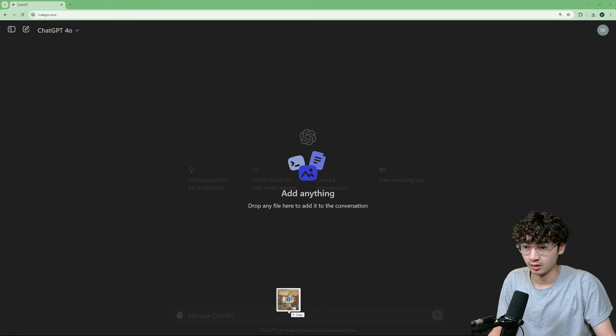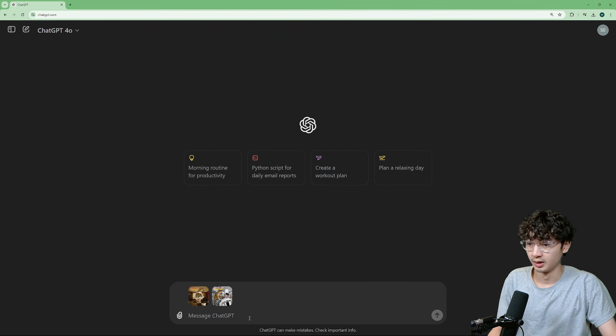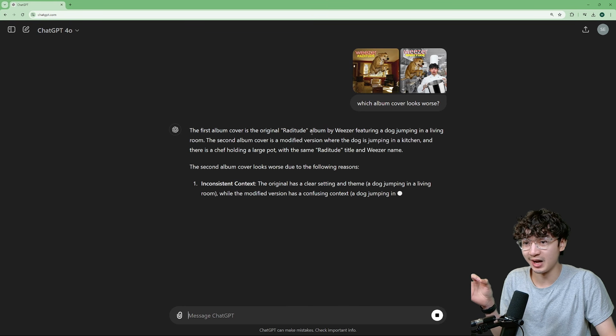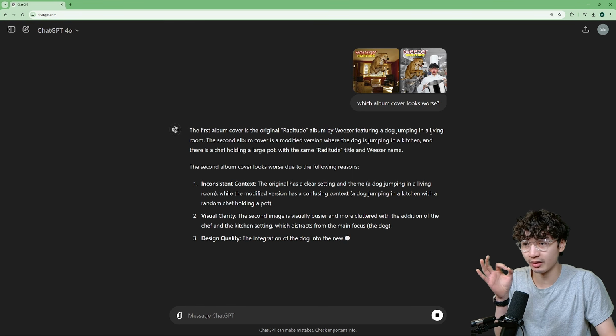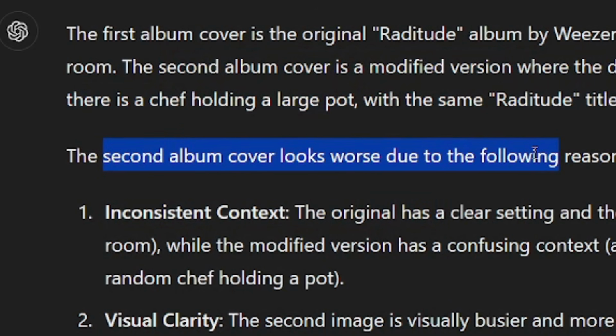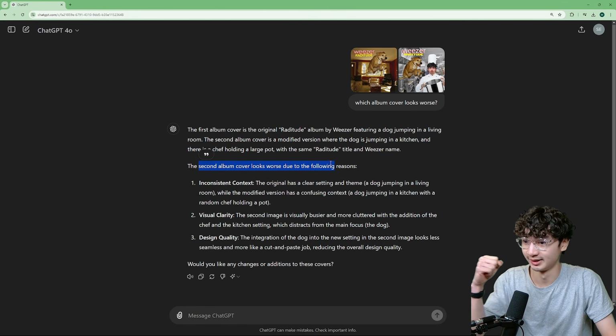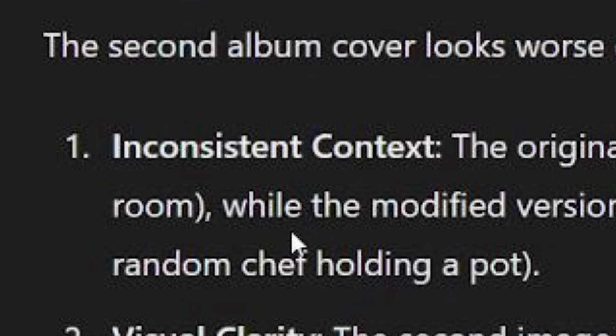Okay, let's see. So that was the first album cover finished, and all that was left was ChatGPT's decision. The moment of truth. The first cover is the original Raditude album by Weezer, featuring a dog jumping over into the second album cover looks worse, dude. Yes, we got it. So the reason why my album cover was worse was because of inconsistent context, visual clarity,